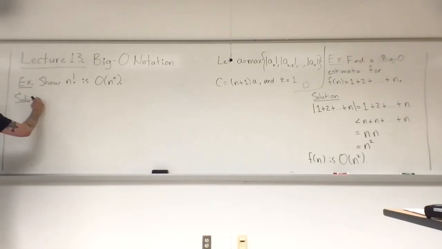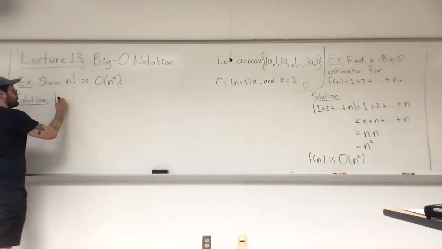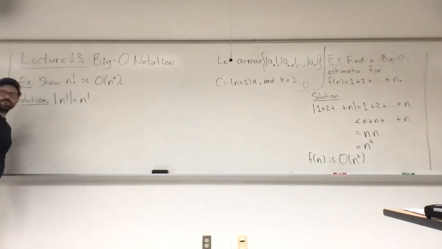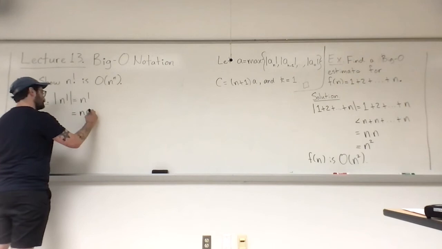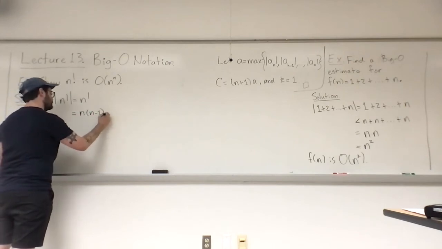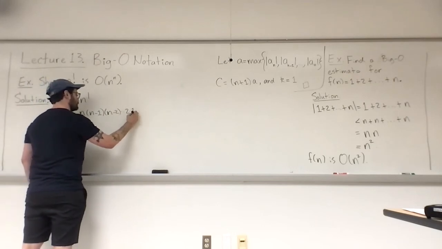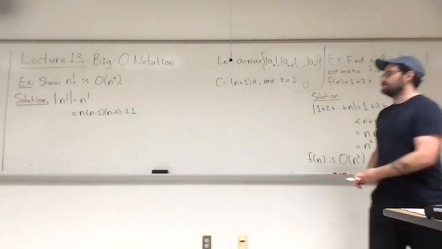All right, solution. Factorial is n times n minus 1 times n minus 2 all the way down to 1, right? Well, it's always positive, by the way, so we drop the absolute values. Yeah. That's just the definition of the factorial. Now, notice that